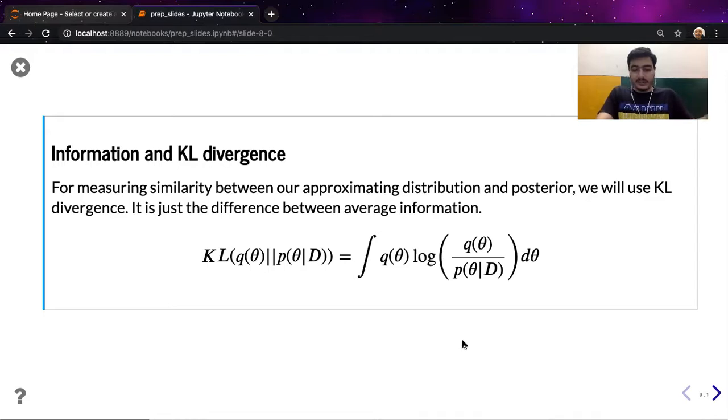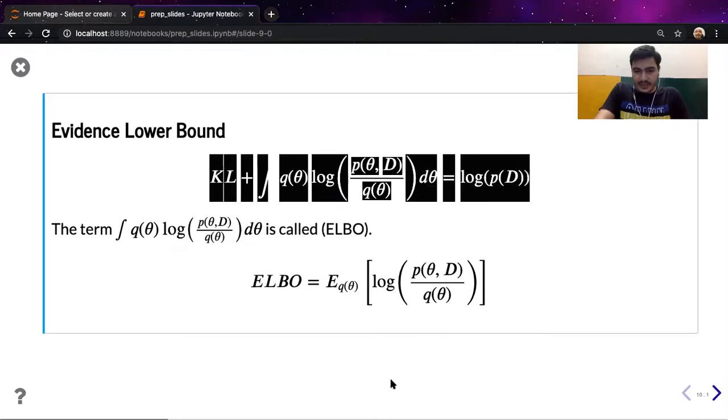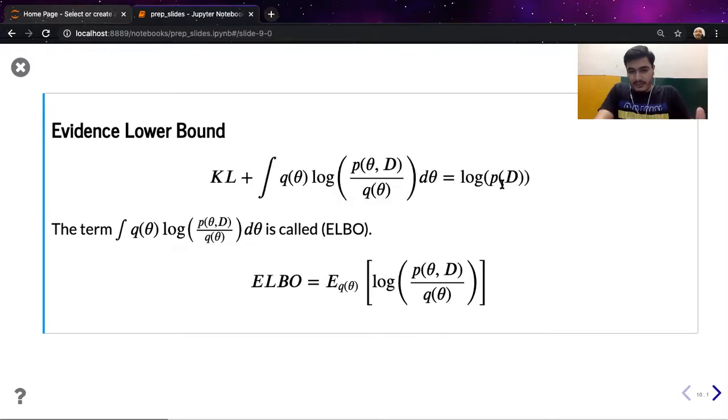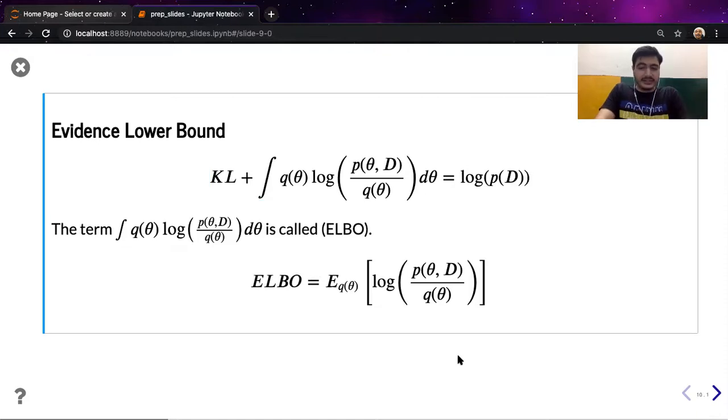The idea is we're going to just substitute the Bayes theorem and do some sort of refactoring, which one can find in hidden cells, to actually define a new term, and that particular term is called evidence lower bound, or ELBO. This particular term is just calculated by refactoring. If you carefully examine this equation right there, the right hand side of the equation is just constant because we're going to fix the data for that particular model.